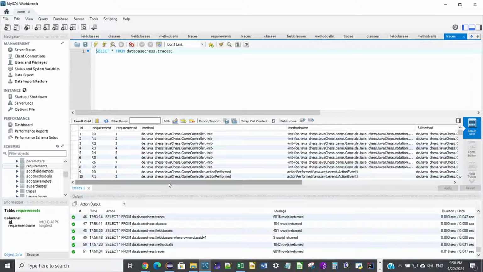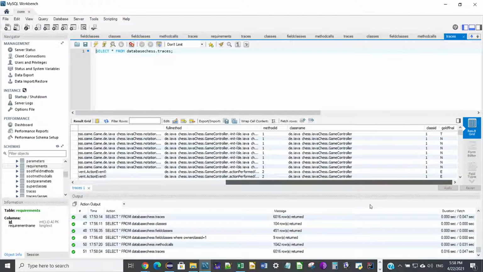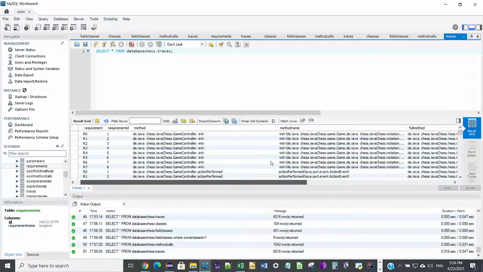For example, given requirement 1, R0, and the constructor init, let's check the trace information. By checking the traces table here, I am able to know that there is a T. So this means that the init method, the constructor of game controller, traces to